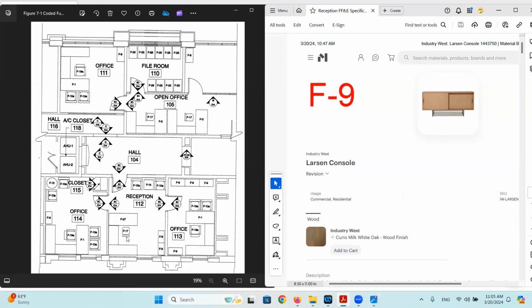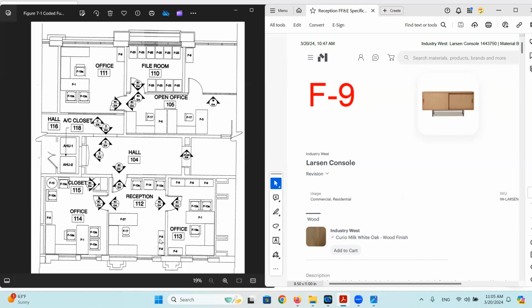And you can see here, for example, if we look at the chair that's keyed F-17, the F probably stands for furniture, and the 17 stands for the fact that it was the 17th chair maybe selected. But you can see here that F-17 is right here.